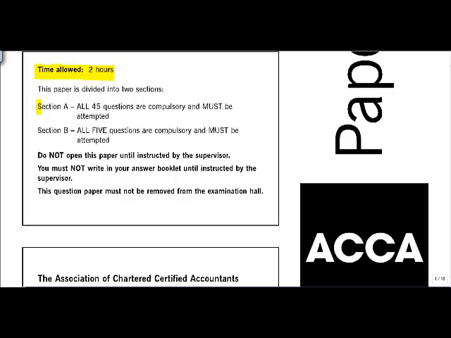You're going to have two sections in the exam, Section A and Section B, and note that all of the questions are still compulsory, so there's no element of choice in this particular paper. The first 45 questions are going to be what we call objective test questions, and that's going to be a mixture of multiple choice questions, multiple response questions, and perhaps something called a multiple response matching question. And then what we've got in the second part are 5 questions, and as we'll see, these are slightly longer questions where you'll have a longer scenario, and each of those will have 6 marks available. And those 6 marks will typically be split across 3 requirements,